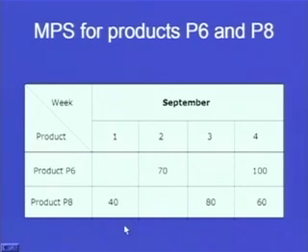Now for this quantity, suppose product 6 requires a certain number of materials and a certain number of sub assemblies which will finally be assembled together to make product P6. That will be generated by the MRP system. We know in our MPS that this is the requirement, then the MRP system will work on the basis of this MPS input. This is the independent demand, then it will generate the dependent demand. We will see with the help of an example what independent and dependent demand are.